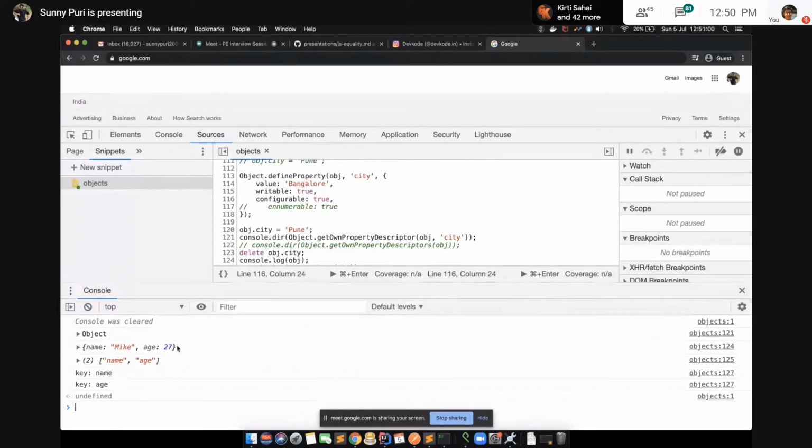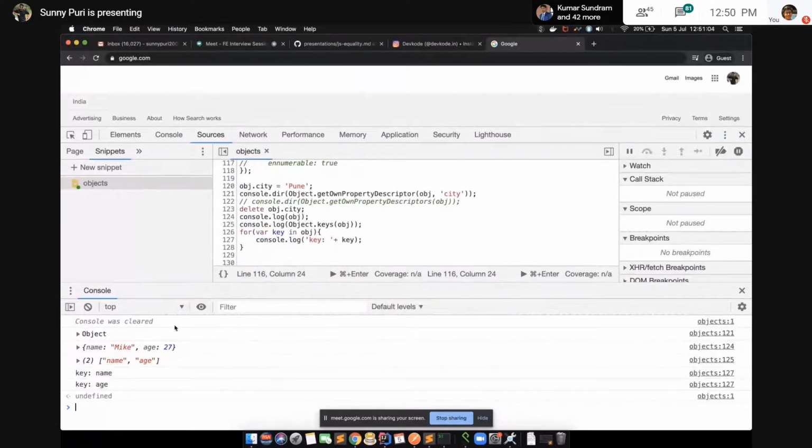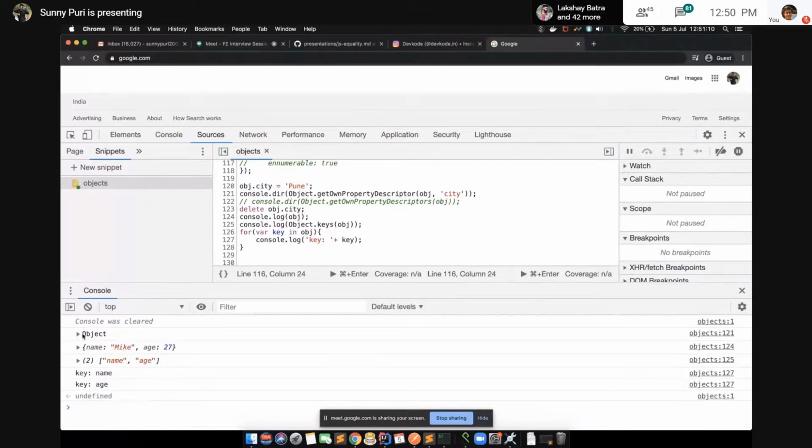So in this case, what will happen is my enumerable is still false. So if enumerable is false, we cannot get it in the iteration. We cannot get it in for loops or any loop, but we can get it in the definition. For example, if I comment it out, you're getting it in the object, right?